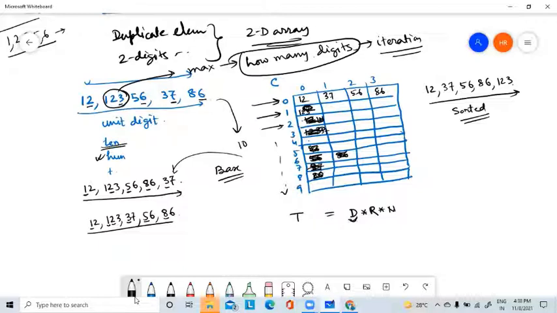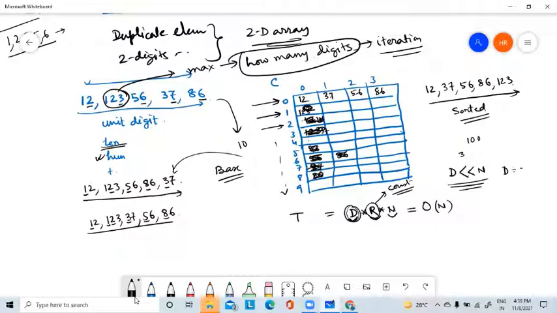This is the digits in the maximum number, this is the base of the number system, and this is how many numbers. Now see, if this d, the number of digits, is much less than n, say I have 100 elements and the maximum number has 3 digits, then we can say d is much less than n. Then we can ignore this d, and this r, the base, is a constant term, so we can ignore it. So time complexity becomes like this.